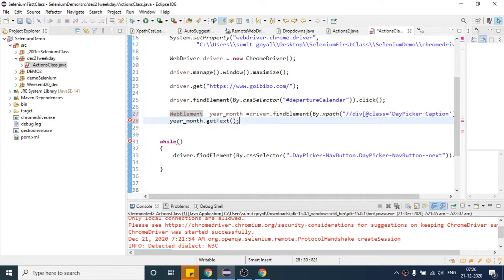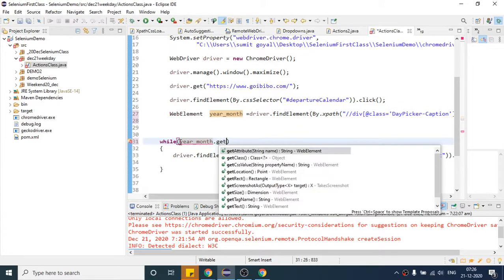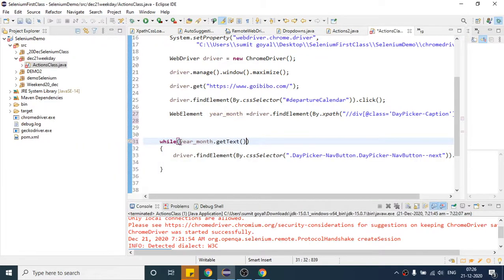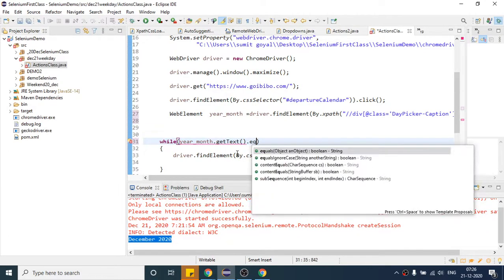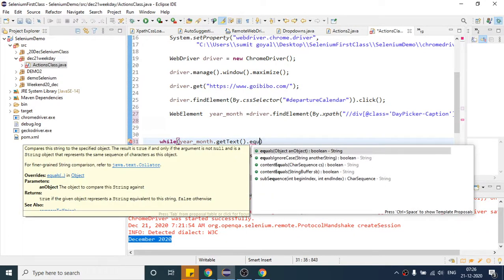So I will write dot get text here. Once you get the text, suppose first time we got December 2020, after that I will use one equals method, as basically we have to compare two strings.